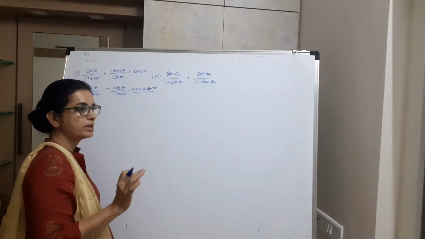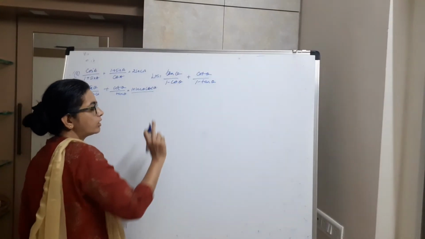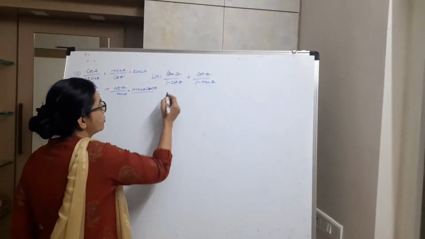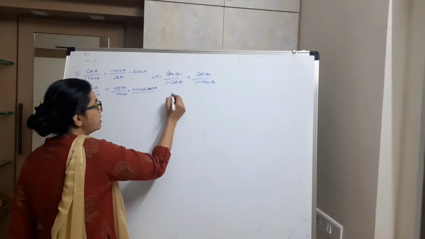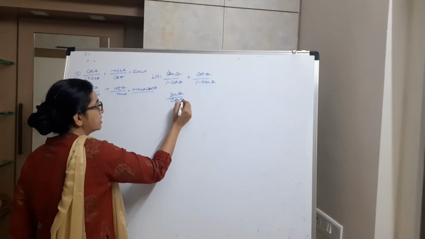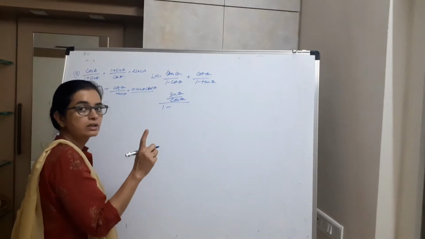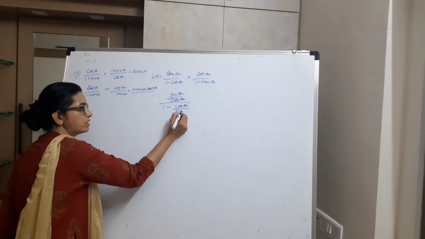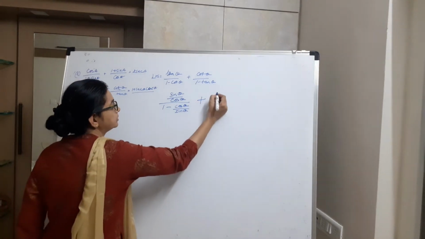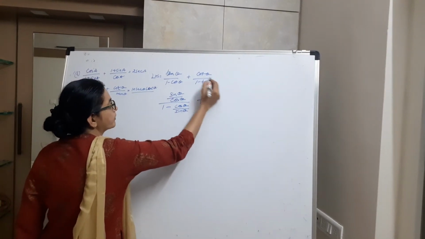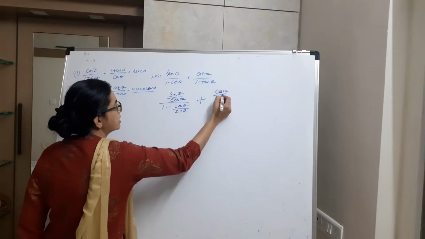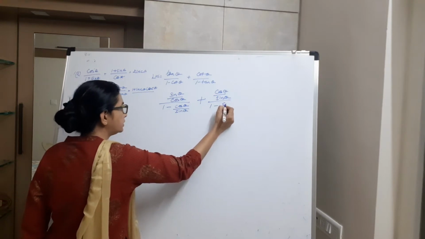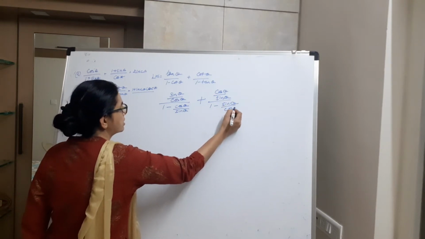For that you must understand that tan theta and cot theta we are going to convert into ratios of sine and cos. So what is tan theta in the form of sine and cos? It is sine theta upon cos theta. Similarly, cot is the reciprocal of tan theta, that will be cos theta upon sine theta. Add the sign of addition. Cot theta is cos theta upon sine theta. 1 minus tan theta is sine theta upon cos theta.